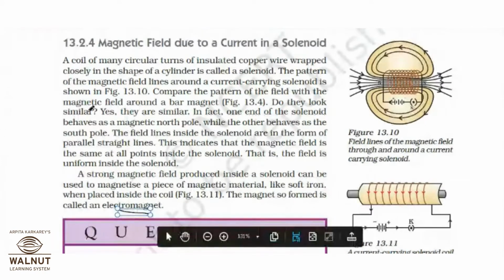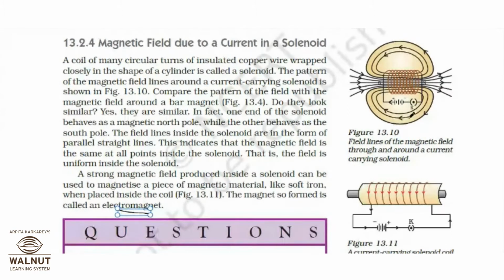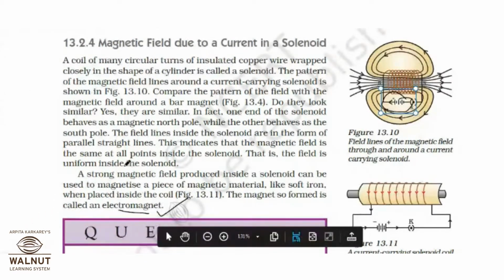Yesterday we discussed the difference between a regular bar magnet and a solenoid. In a bar magnet, the two poles are fixed. We cannot reverse it. But in this case, we can change it if I change the connections, or reverse the direction of flow of current. I can also increase or decrease the strength of the magnetic field by increasing or decreasing the amount of current. Also, you should know applications of electromagnet, where all it is used. Two or three applications is also fine.